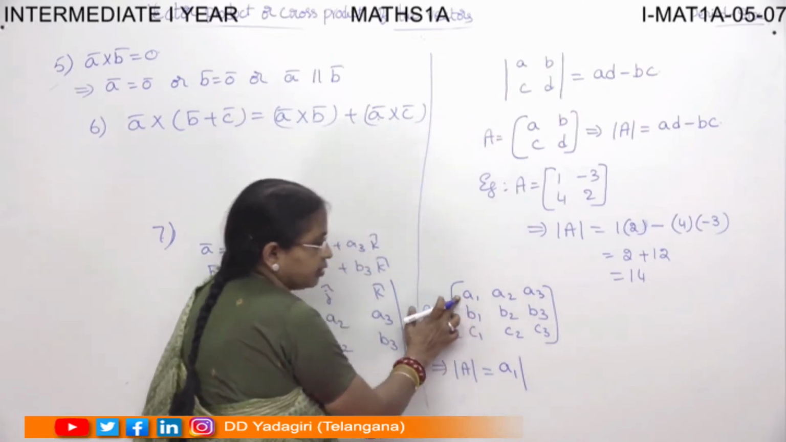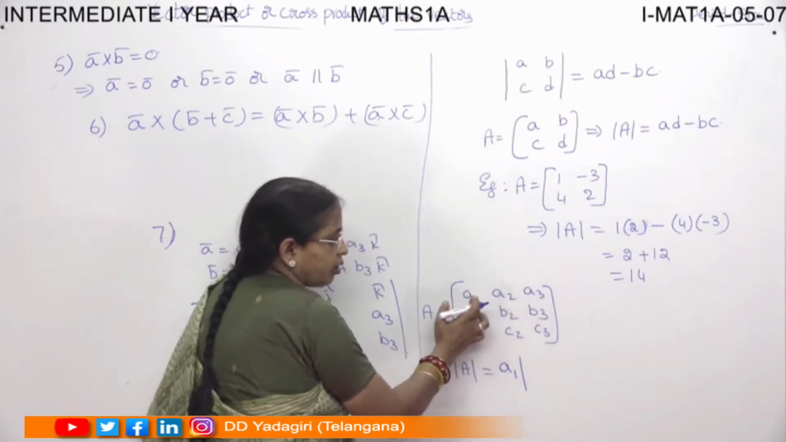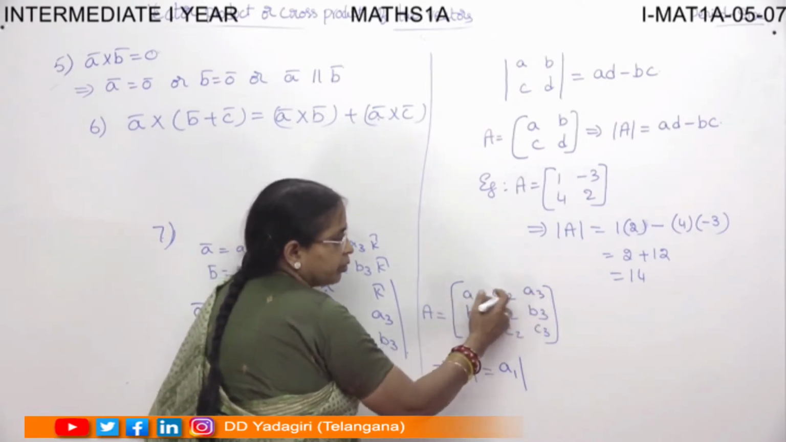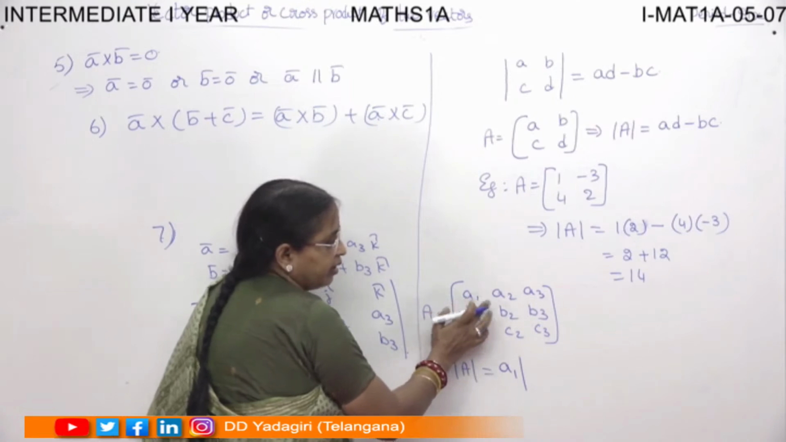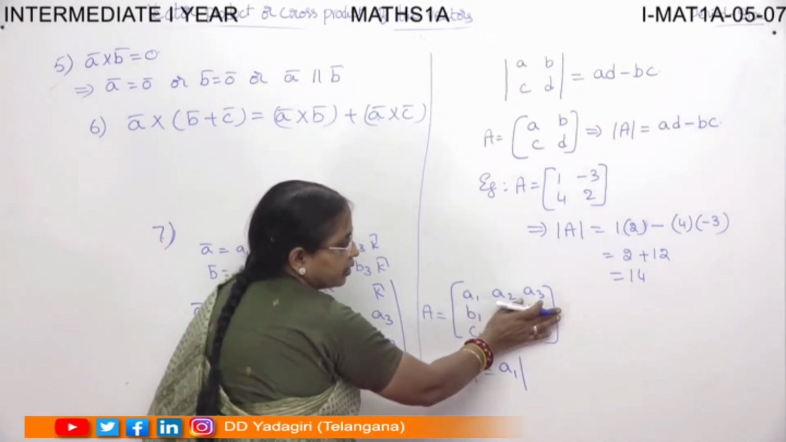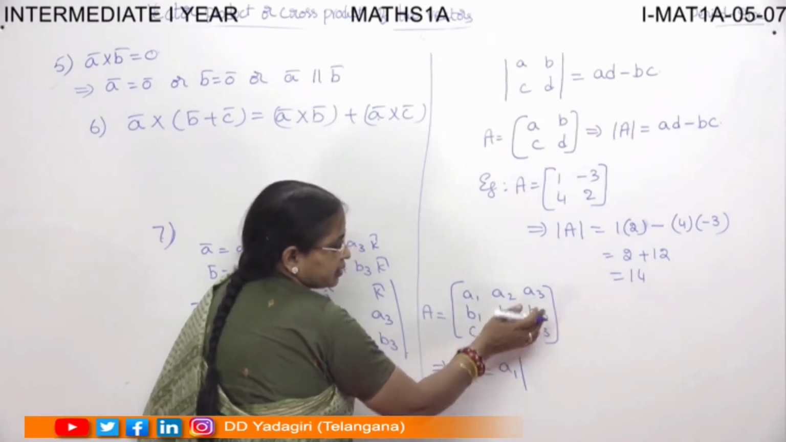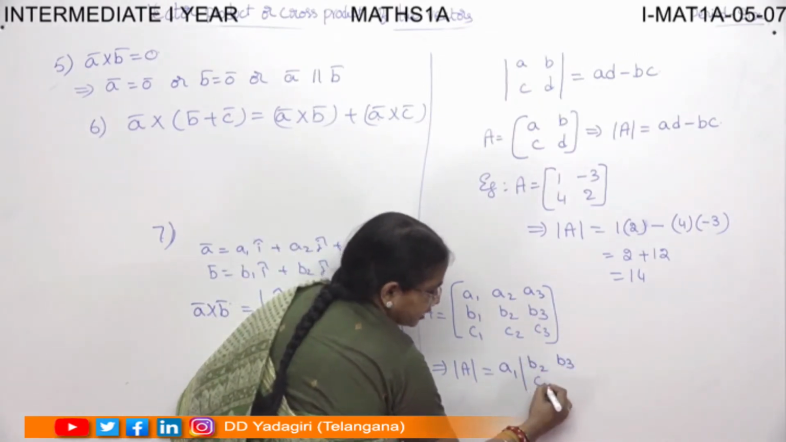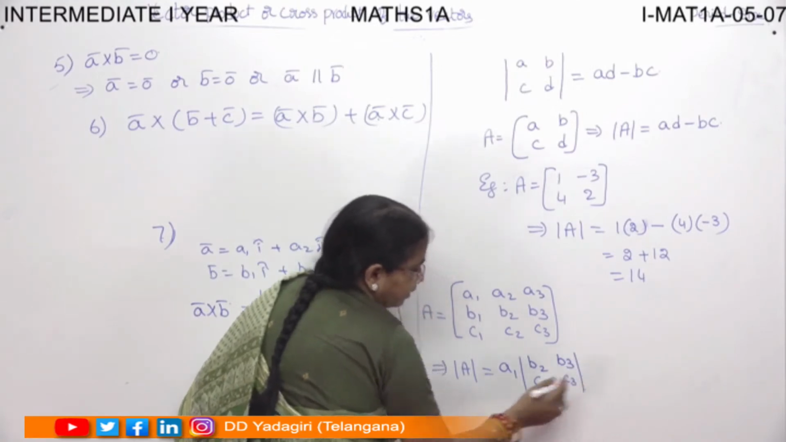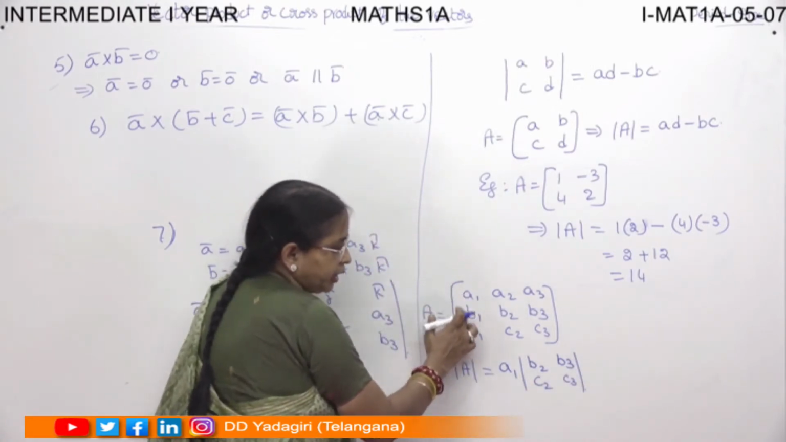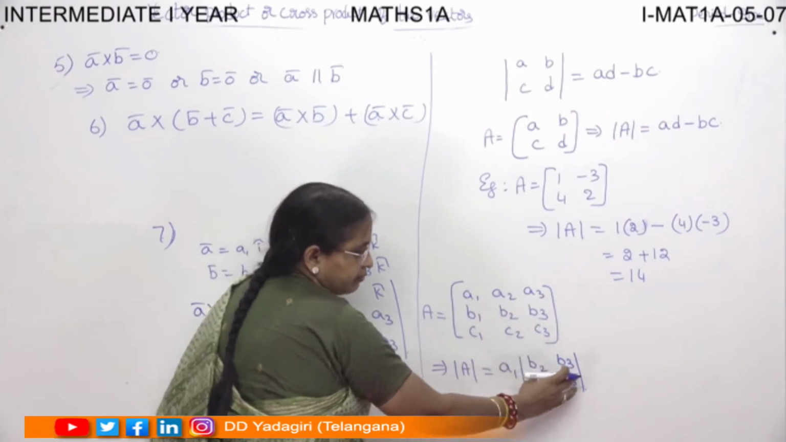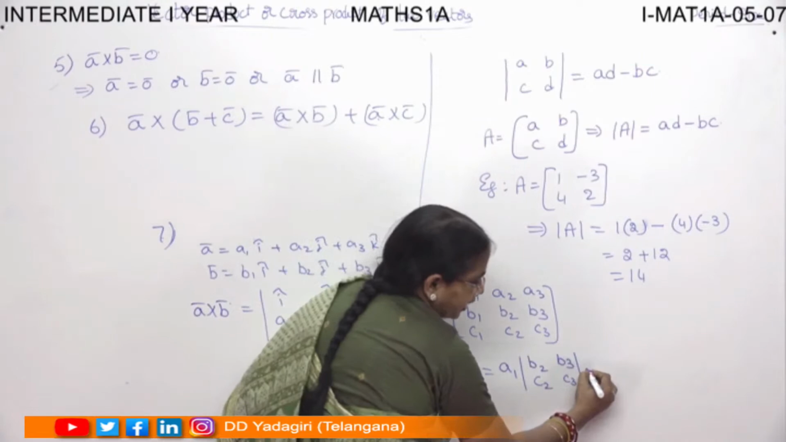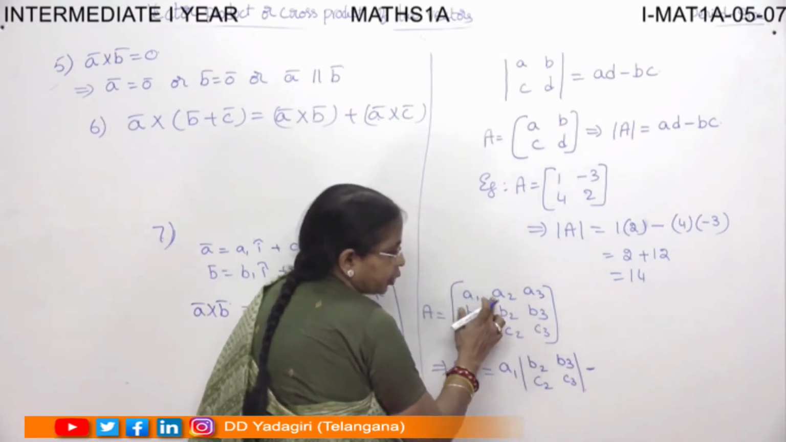See, A1 is here. So delete the row and column containing A1. Then what is the matrix left out? It is this matrix. So you write that matrix here: B2, B3, C2, C3. Okay, first element into, delete the row and column, so that value you will write, the determinant. Then for the second one, you should write minus A2 into